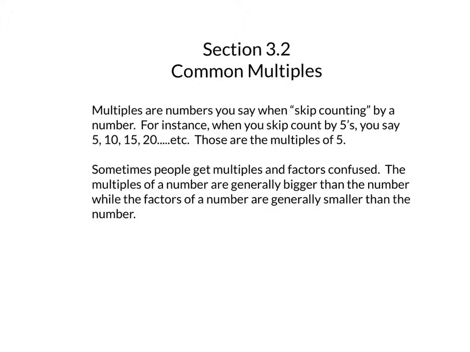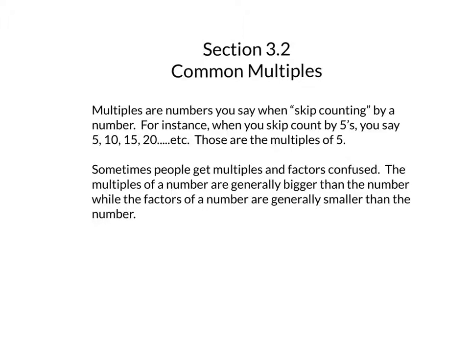Section 3.2, Common Multiples. Multiples are numbers you say when skip counting by a number. For instance, when you skip count by fives, you say 5, 10, 15, 20, etc. Those are the multiples of 5. Sometimes people get multiples and factors confused. The multiples of a number are generally bigger than the number, while the factors of a number are generally smaller